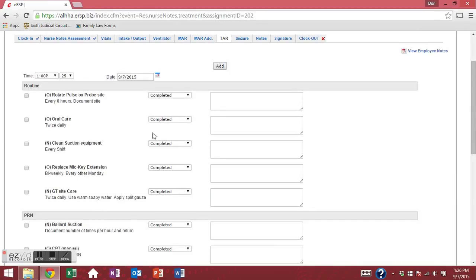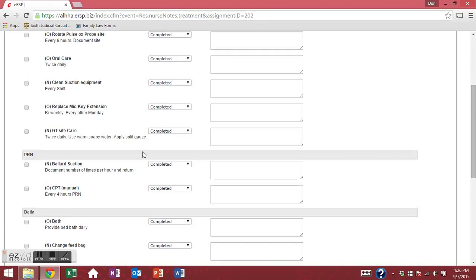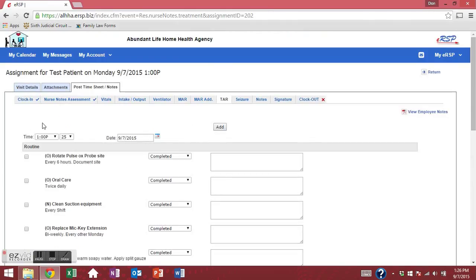Okay, for suction, because a lot of our patients that require suction require it multiple times per hour, to come in here and document every single time you suction we think would be too much. So for suction, this patient gets Ballard suction. For suction, we ask that you document the number of times per hour. So in this hour, we came in on the shift at 1 o'clock. So for the 1 o'clock hour,